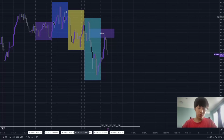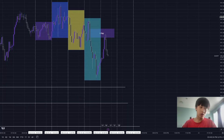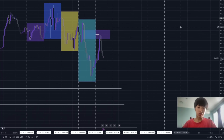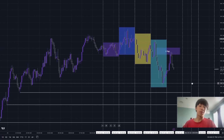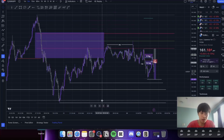4:30, then manipulation at 6 o'clock, distribution at 7:30, and then London opens at 9. So I do think it's going to target these draws on liquidity, but I'm not really keen to enter, to be honest. Yeah, it's kind of bullish, but